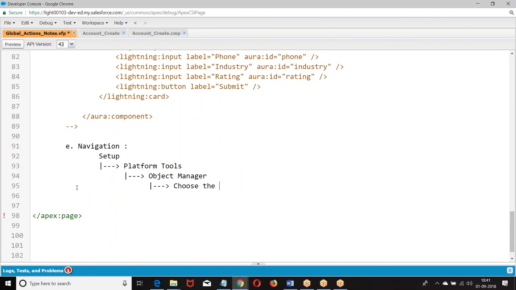Choose the specific object. Choose buttons and links. Choose the button. Edit. Choose the component.